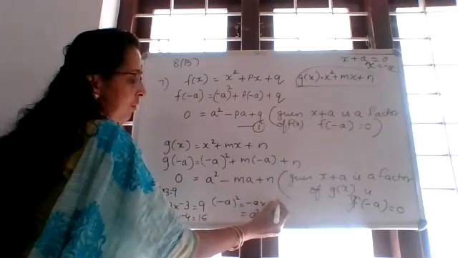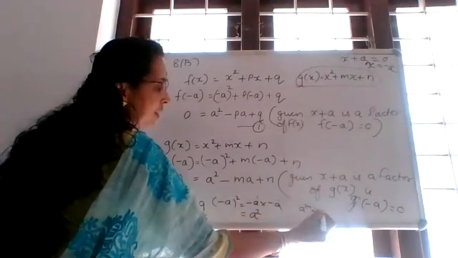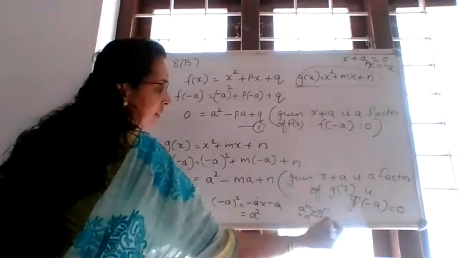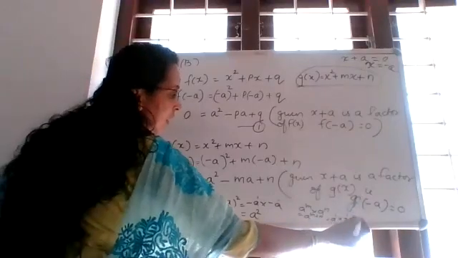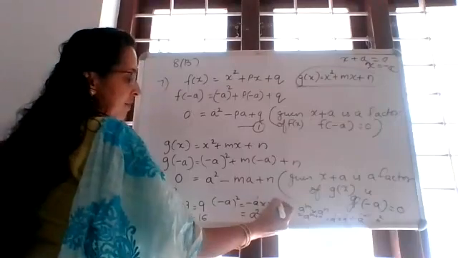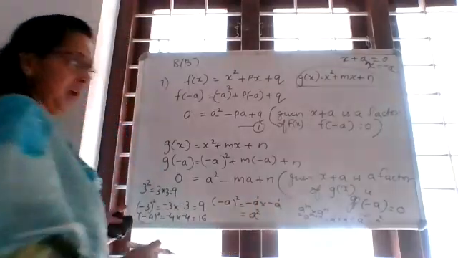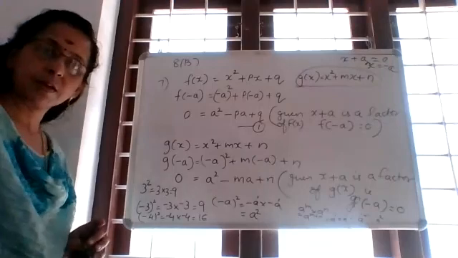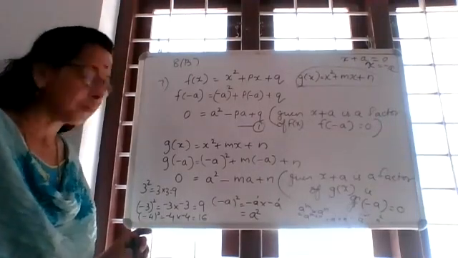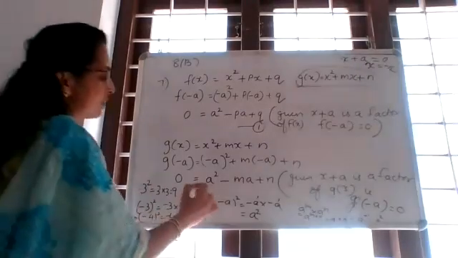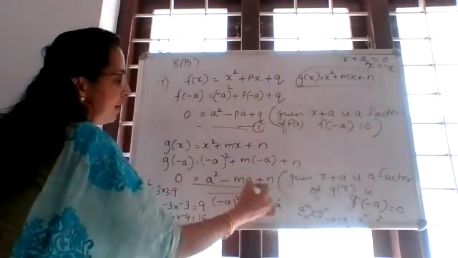That is the power rule. a raised to m into a raised to n, we studied in 8th standard, is a raised to m plus n. That is a raised to 1 into a raised to 1 is equal to a raised to 1 plus 1, that is equal to 2. a raised to 2, that is a method. So we can write a square. Negative a into negative a is positive a square. Got it? Now got it? So this way, a square, this one we got, and this one. Let it be equation number 2.